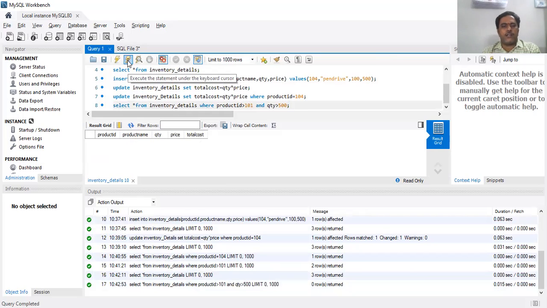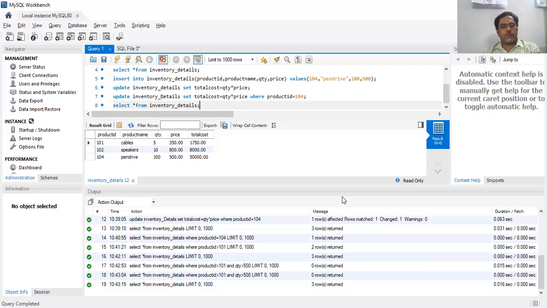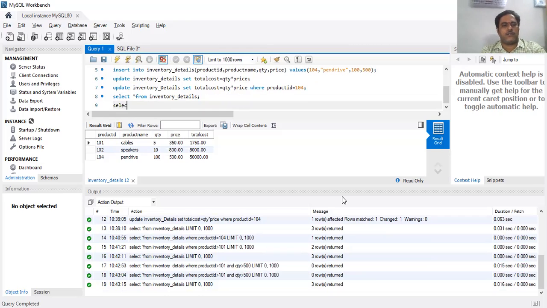Getting records with product ID greater than 101 and price greater than 500. Let's see some conditions. Sorry. First one, product ID greater than 101, and second one, sorry, we are talking about quantity, but we have to look for the price actually. See here: select star from inventory details